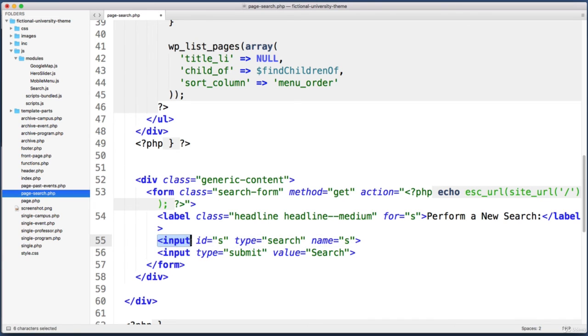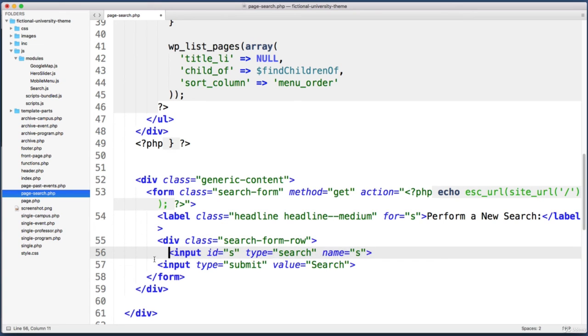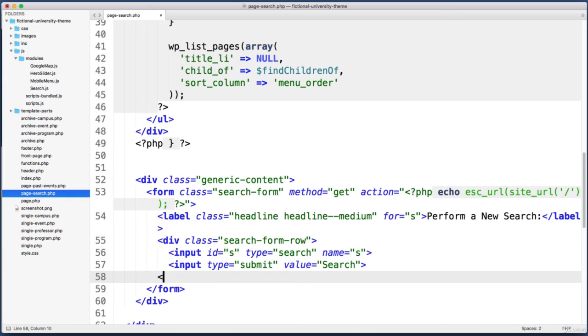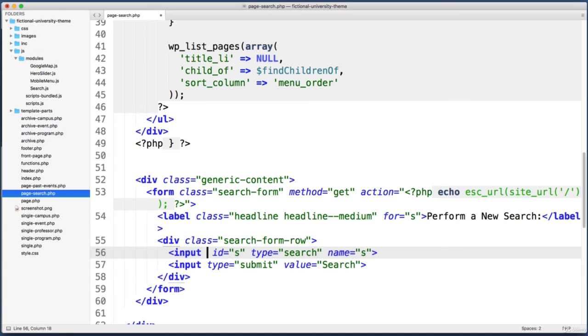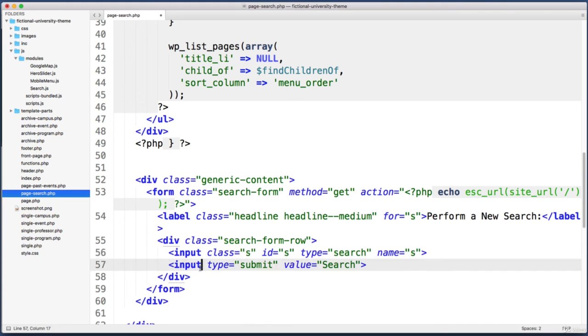just leave a tiny bit of space on the right edge for the submit button, in order to make that happen, I want to wrap them in an outer div. So right before the first input, let's say div and give it a class of search-form-row. And then you could indent the two inputs. And then right after them, let's close out the div tag. And then finally, let's give classes to the two inputs. Again, this is just for CSS reasons. This has nothing to do with WordPress. So let's give this one a class of s. And let's give the submit a class of search-submit. Cool. So if we save that,